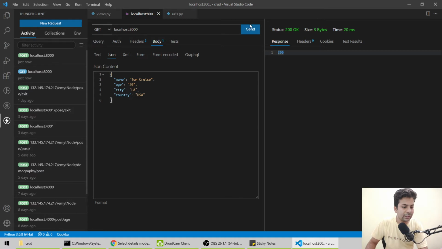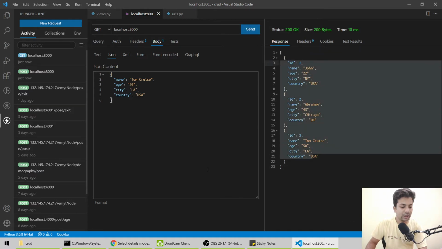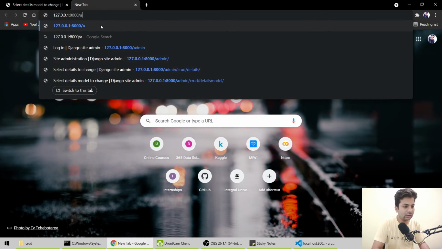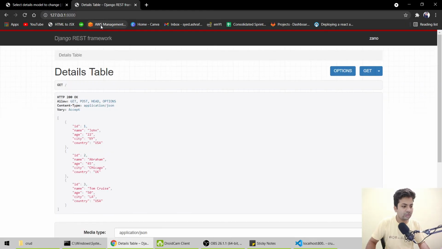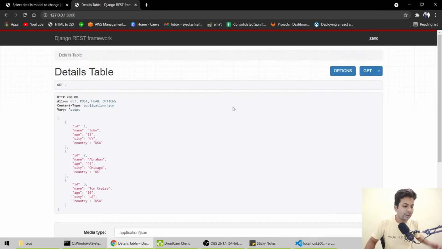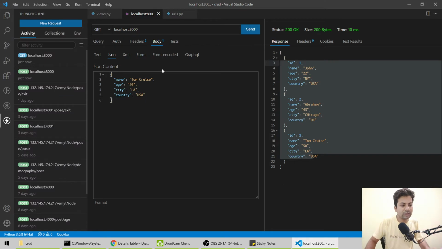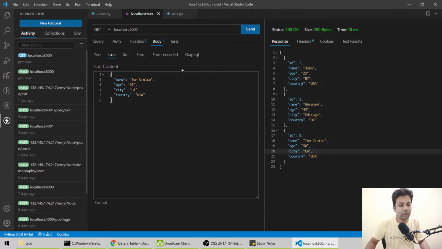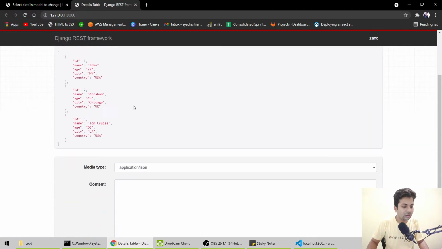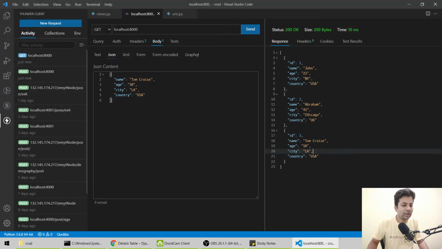If we make a get, all the data is sent. Django also creates a browsable page like this, but I prefer these REST framework APIs for testing, because whenever we make a request from the front end, we won't get that type of page, only the data. That's why I prefer this over the Django auto-created thing.